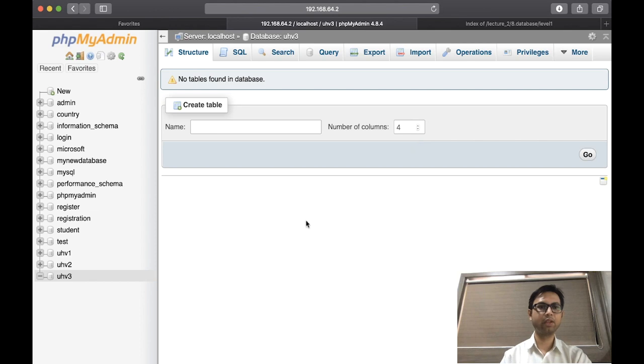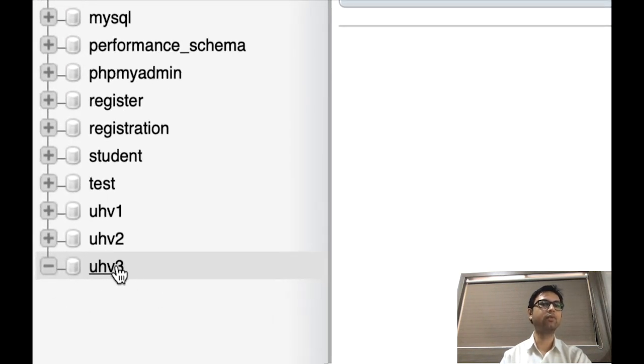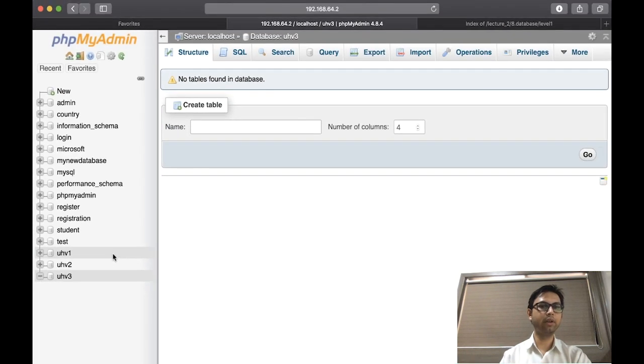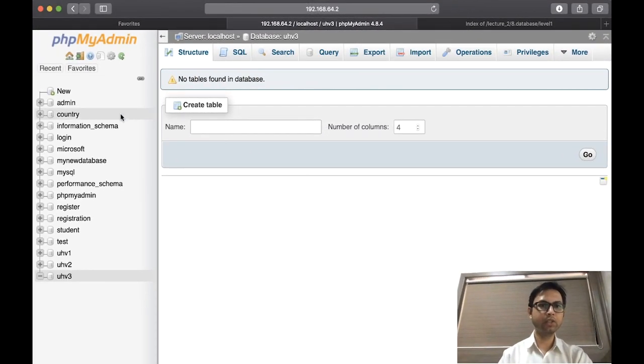So this will create a brand new database UHV3 for you. You have to connect your PHP script with this UHV3 database if you want to consume UHV3 database with your PHP file. Now within this database, if I want to create any table, then I can create it from over here. So this is the graphical user interface using which you can create the database.